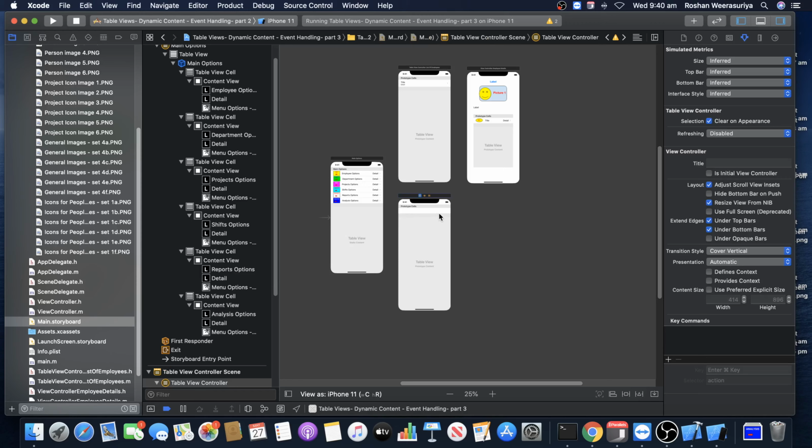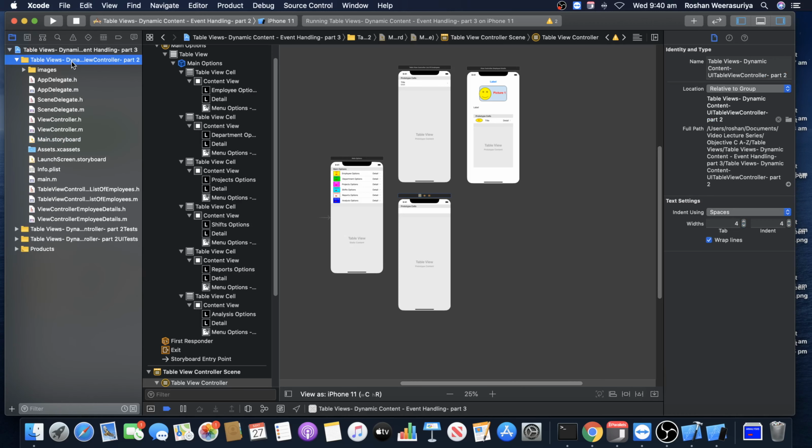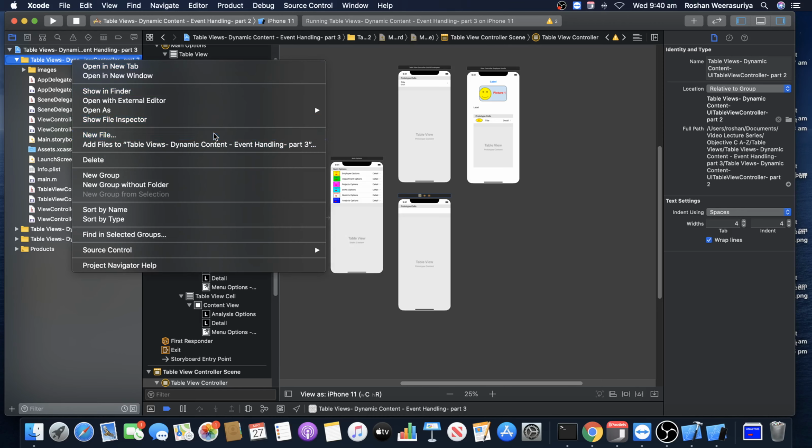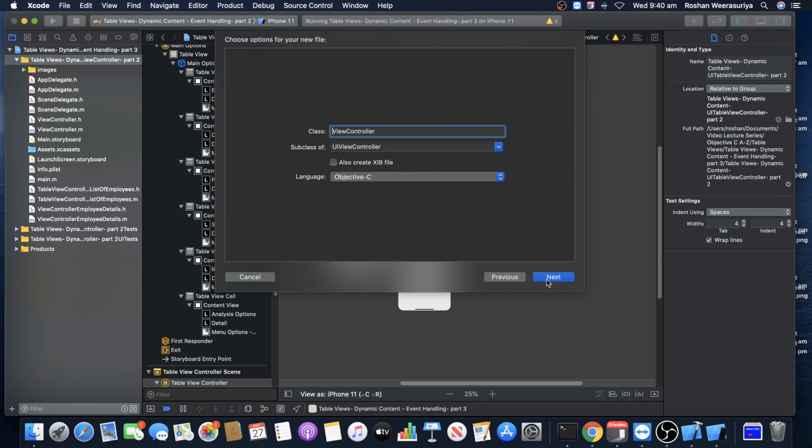So the first thing is, if you remember our lessons, I have to attach a custom class of table view controller, right? So what I'm going to do is, let's say, table view controller list of employees. Okay, so I'm going to add a new file. Let's do this fast because we have done this, right? I'm going to say now it's going to be a subclass of UITableViewController, right? So let's say table view controller list of